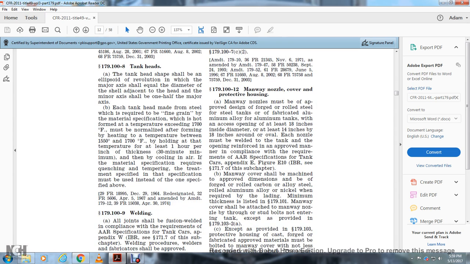179-112 Manway nozzles and cover protecting housing. Manway nozzles must be of approved design, forged or rolled steel for steel tanks, or fabricated aluminum for aluminum tanks, with an access opening at least 18 inches inside diameter, or at least 14 inches by 18 inches if oval. Each nozzle must be welded to the tank and the opening reinforced with the approval of the manway, in compliance with the requirements of the AAR specification for tank cars,